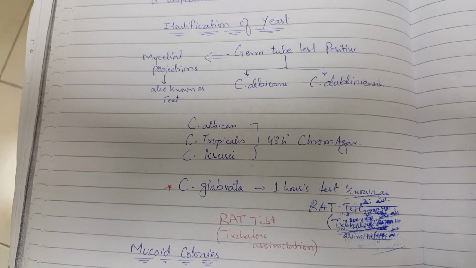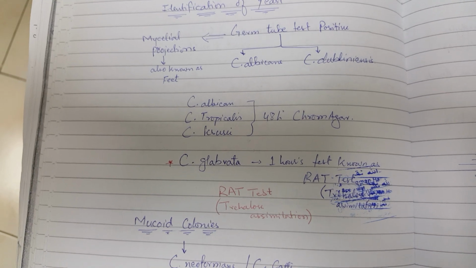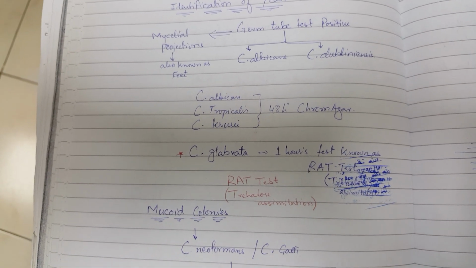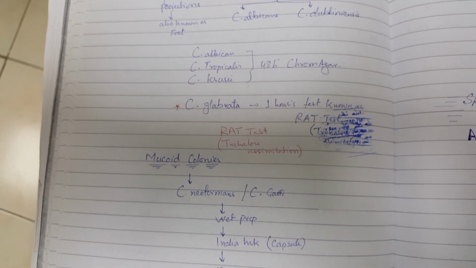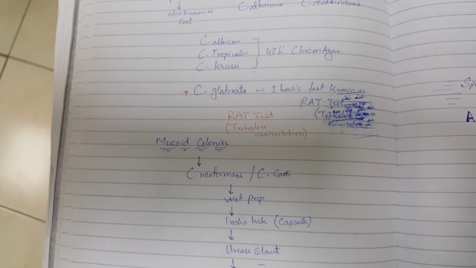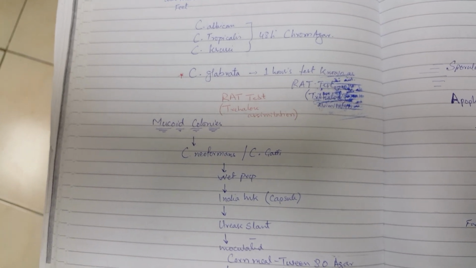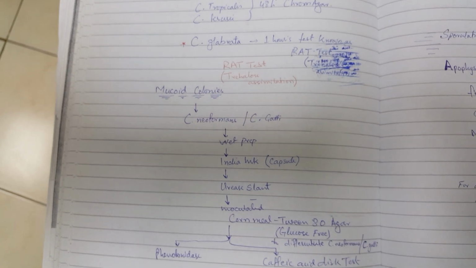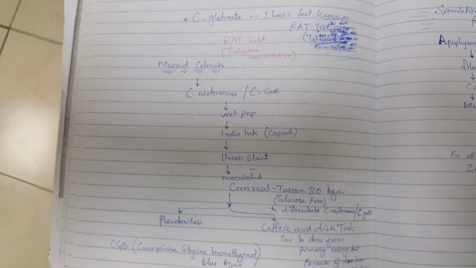Candida glabrata is identified by the one-hour RAT test, in which trehalose assimilation is checked, and this is the unique property of only Candida glabrata, which produces trehalose assimilation. Mucoid colonies on PDA make us suspect C. neoformans or C. gattii. India ink confirms the capsule, along with urease slant inoculation and corn meal